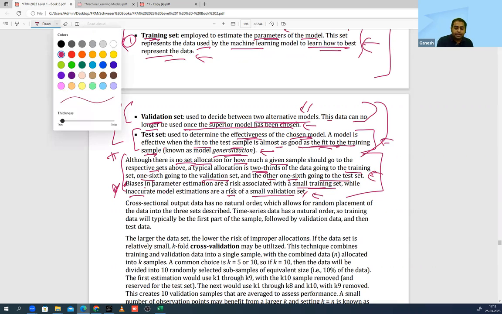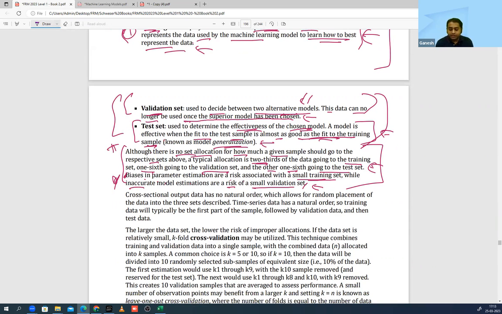Okay, coming to this next paragraph. Okay, what they have talked about two things: cross-sectional and time series. Time series, so you have already seen, na? Stationary time series, non-stationary time series. If I take sales ka data and month-on-month sales ka data, that is time series data. Okay, so if you look at this cross-sectional data point, there is no natural order in which the three sets can be placed. Okay, इसका मतलब क्या है? There is no sequence in the data.